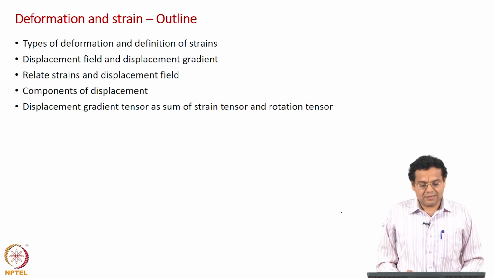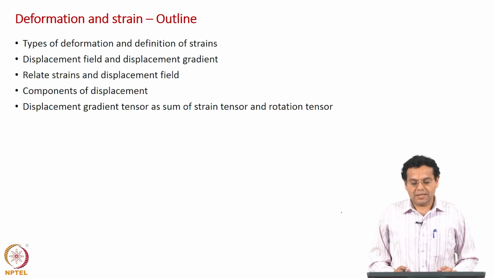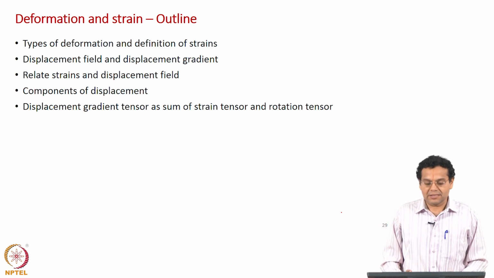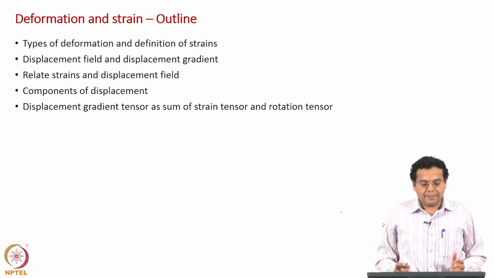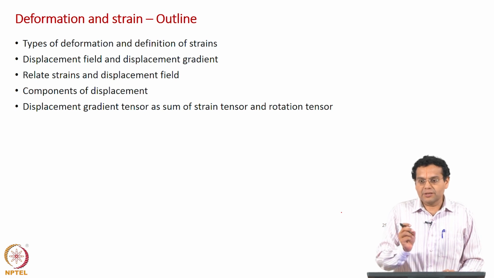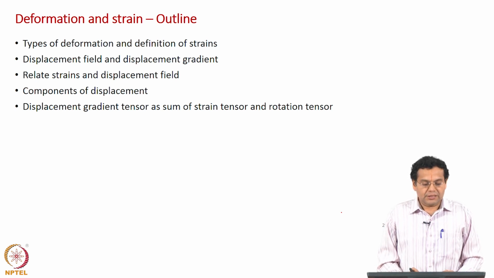In that we have discussed the types of deformation, namely change in length, change in angle, and then we quantified them in terms of strains, namely normal strain, shear strain. Then we said the strains are related to the displacement of the particles or points. So, then we discussed what is the displacement field, what is the displacement gradient, slowly moving from 1D, 2D to 3D. Now, we have strain on one side, displacement field on another side, and then we will have to relate these two, and that is the objective of this lecture.